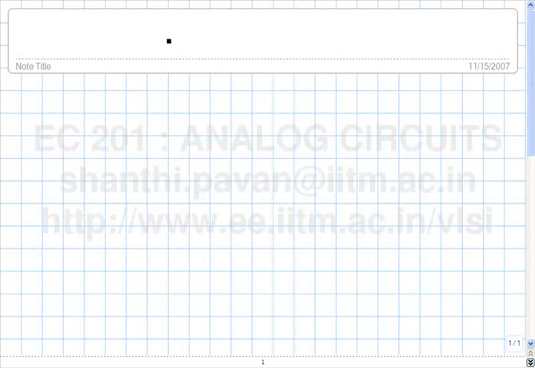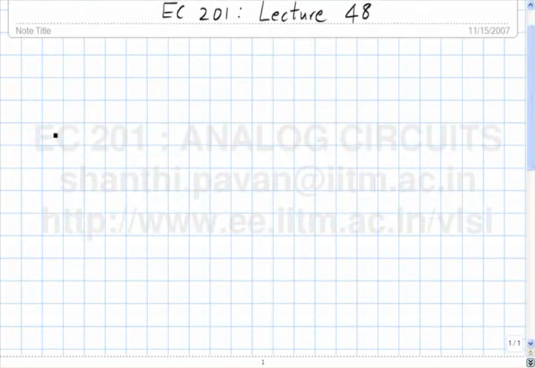This is EC 201, lecture 48. In the last class, we looked at how one might try and implement a second order low pass filter,